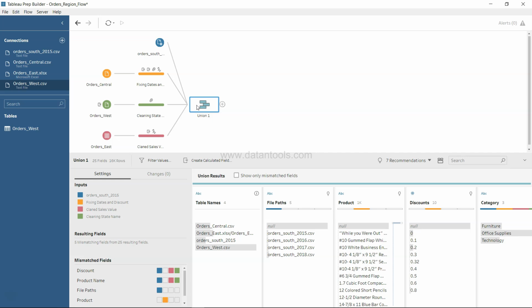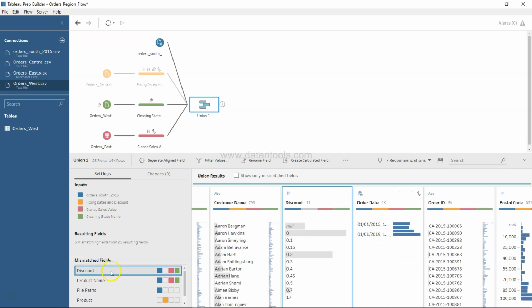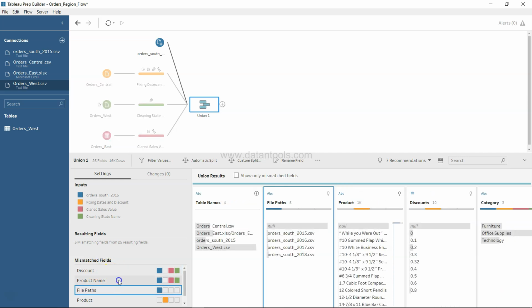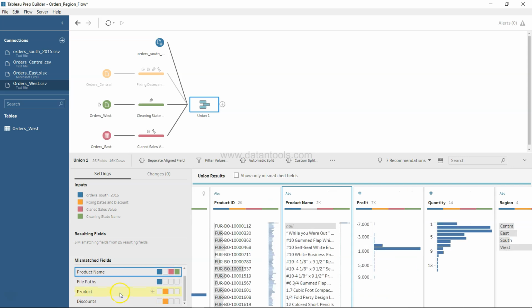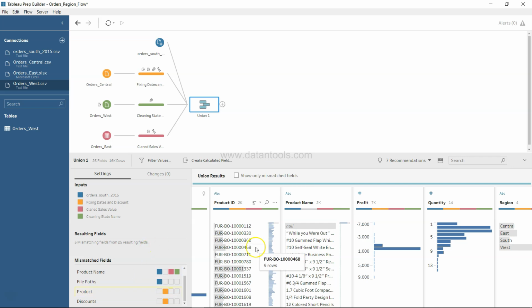Once we have done that, you can see over here that the setting column has been created, and along with that changes. So setting is indicating all the different tables which have been joined together as an input. In the resulting field, you have 5 mismatch fields from 25 fields, and over here this is basically your mismatch fields, which are discount, product name, file path, product, and discounts. So if I just uncheck that,